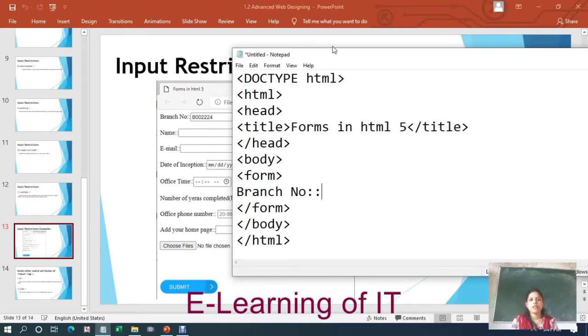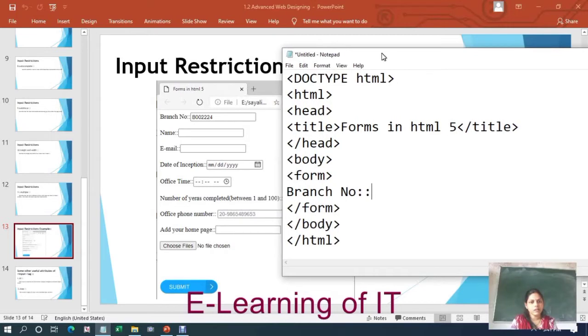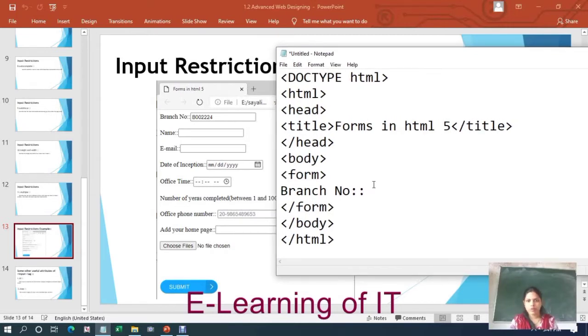Next, you can see here it is a text box. For creating a text box, the tag used is input type equal to text. You can see here all the rest of the fields are empty, but this field is filled with a certain value as B002224.